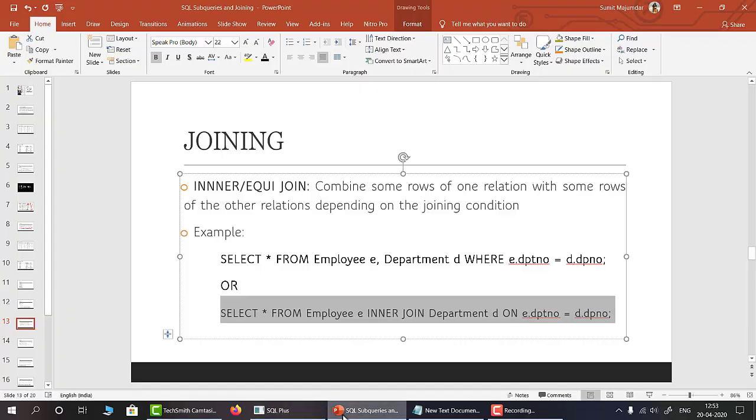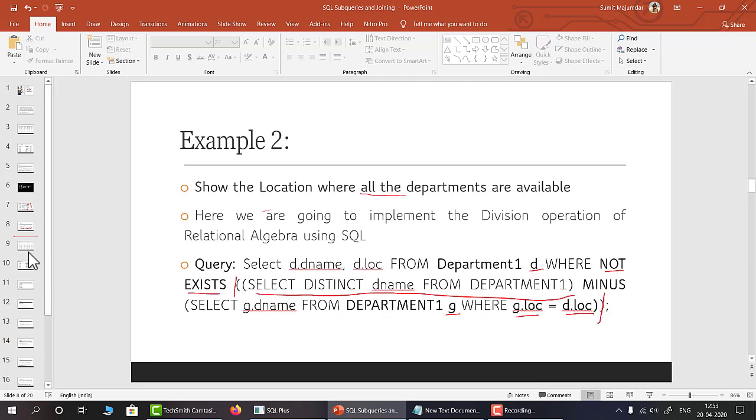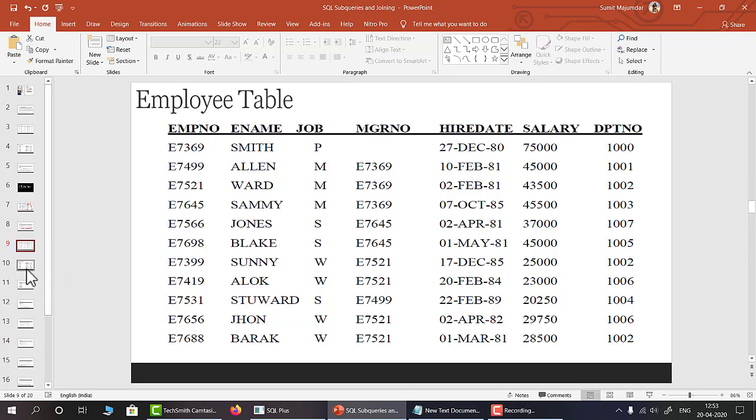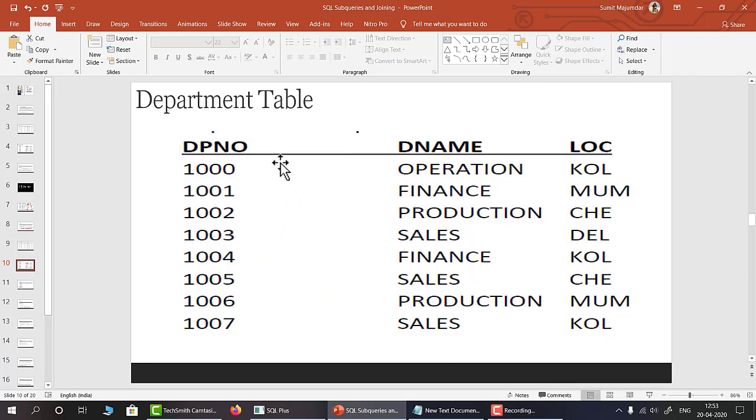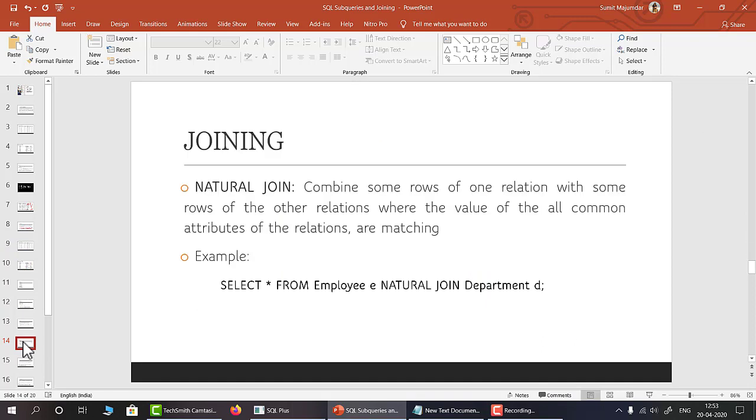Now let us take the other type of join, that is the natural join. Here it combines some of the rows of one relation with some of the rows of the other relation where the values of all common attributes of the relations are matching. Now what is this? Let us take the employee table and the department table. Here you can see that there is no common attribute, no attribute having the same name. In this case, the natural join in SQL is going to produce a result similar to the